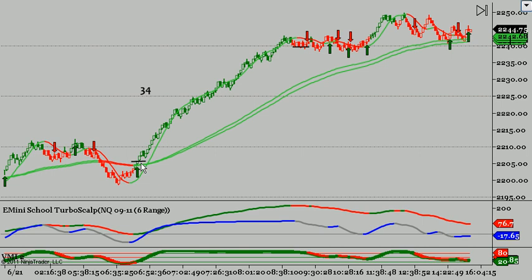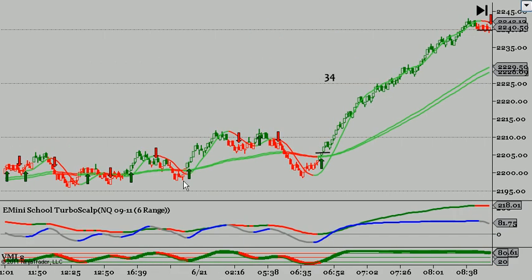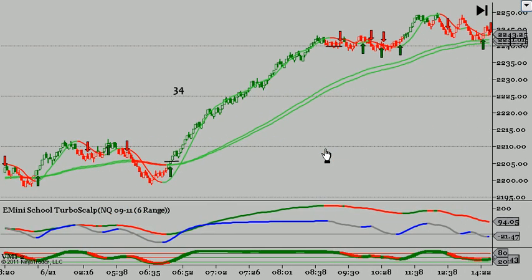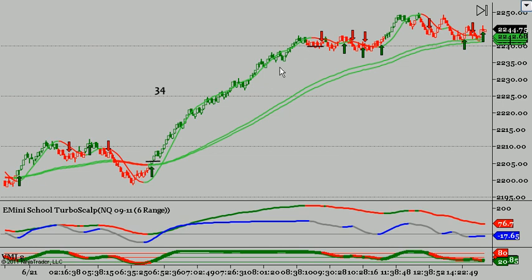Now, the thing to think about, no matter what you're using, is the minor and major waves. So even on a small chart, this is a 6 range chart, there's still going to be major and minor waves. An example from back here, from this low, this is all one wave. But you can see that there's multiple waves inside of it. We have specific rules we look for and understand levels before they're hit where the major should complete. But even if you're not using those rules and you see a major move like this happen,